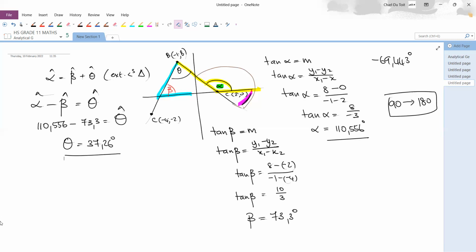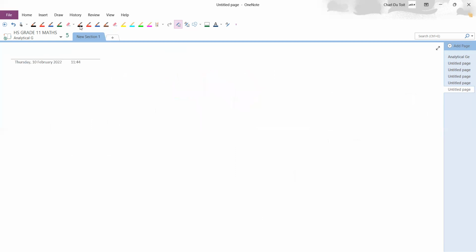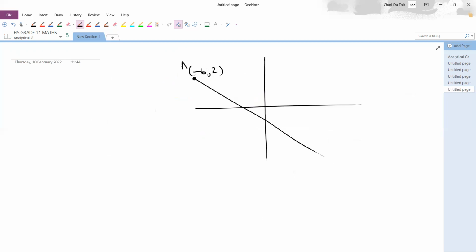Okay, let's do a new example. Screenshot this, this is important. Right, let's do a new one, just an obtuse one again. Here we have a coordinate of -6 and 2. Let's make it A. And there we have a coordinate B. It is 4 and -3. I want to know what's the inclination angle